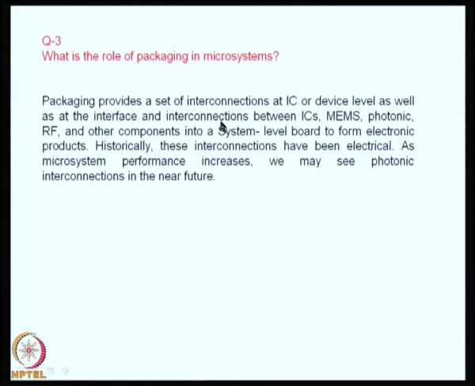So, these interconnections between ICs are actually at the board level. Then you have MEMS, photonic, RF and other components into a system level board, right. So, here is where most of the packaging activity takes place to form electronic products.